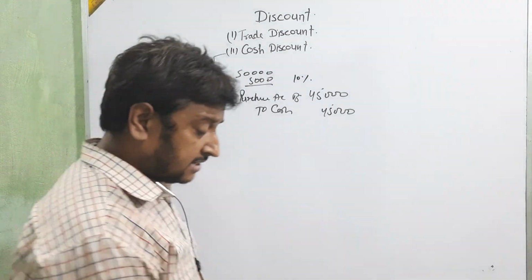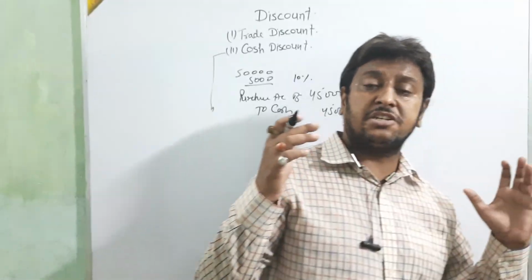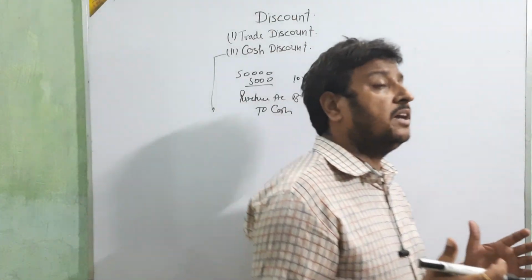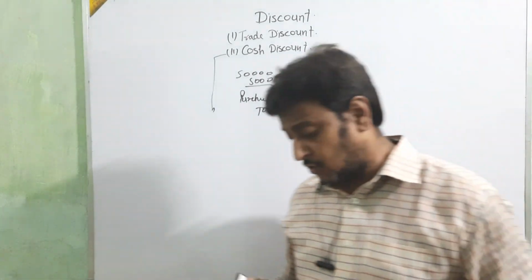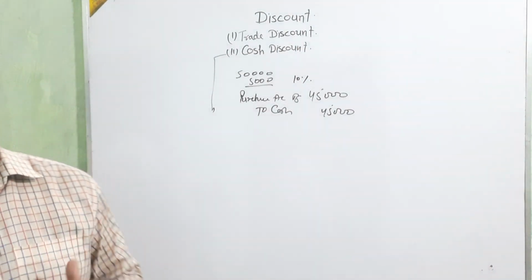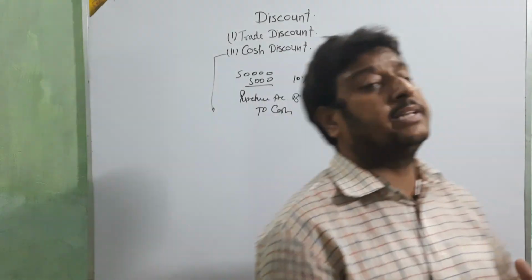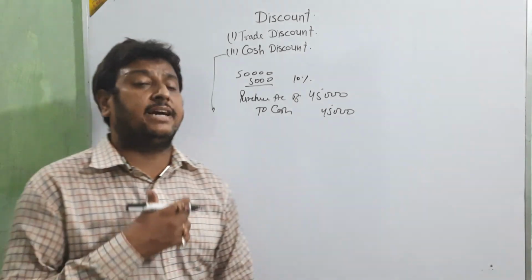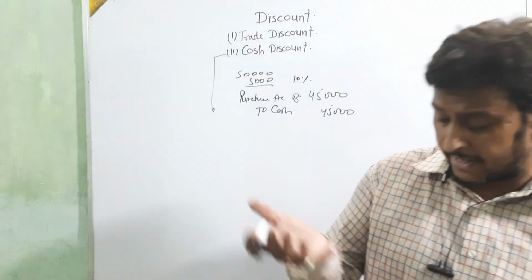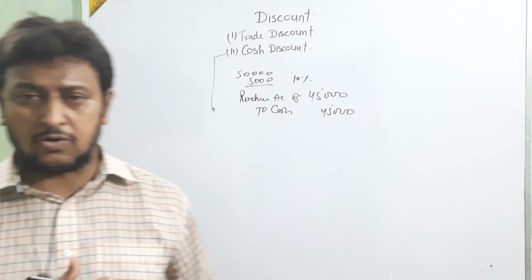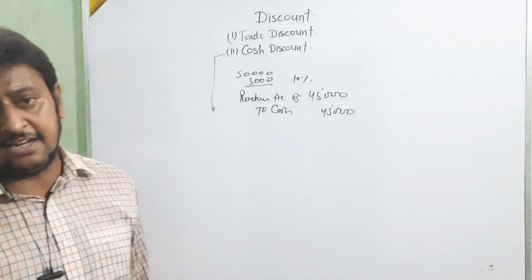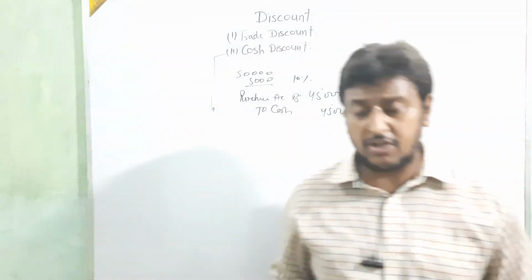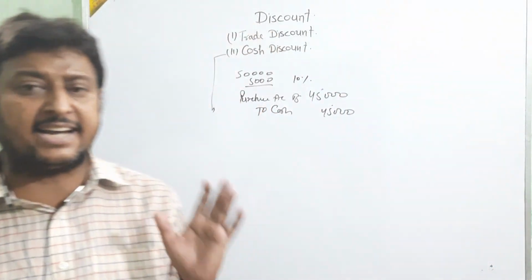First, cash discount is a discount that we give or receive when we receive or give the payment before the due date. If you need the payment before the date, then you say, okay, I will give the cash discount if you pay that money. Like that you are taking the discount. And how to show the cash discount? This cash discount is actually given only on cash payment or cash received.